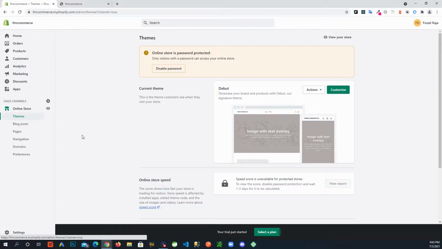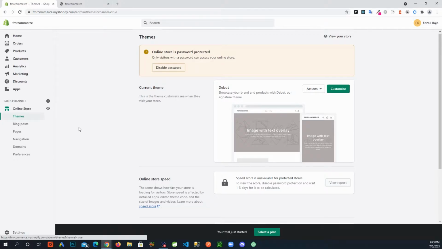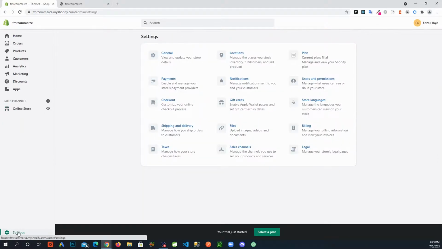Shopify does provide a basic template for pages like terms and privacy policy, refund policies, and that type of stuff. So what you can do is go click on settings,